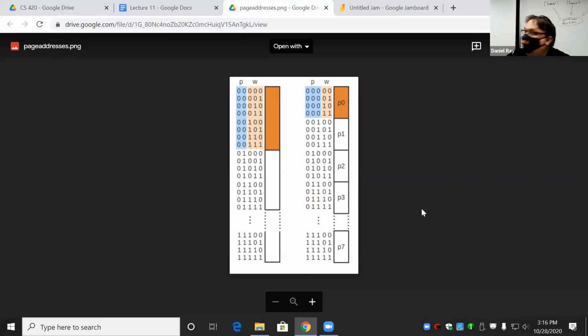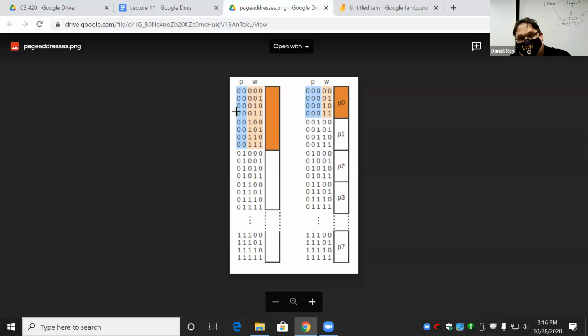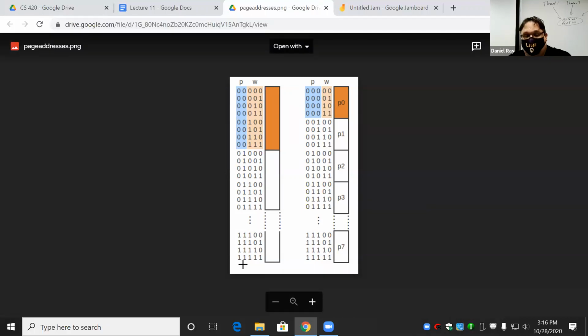Ignore the colors for right now, right? But what this is, is RAM. Okay, it's a tiny chunk of RAM that can be addressed with 1, 2, 3, 4, 5 bits. So that's 2, 4, 8, 16, 32